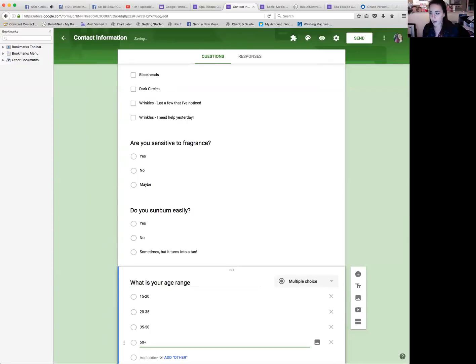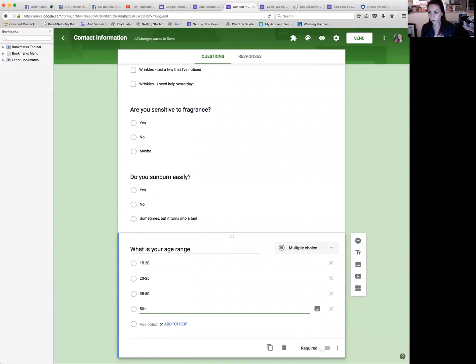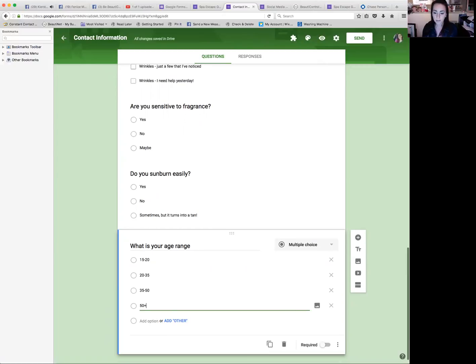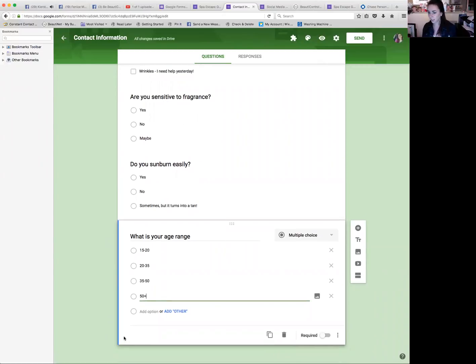So that gives me an idea of, and I don't categorize people's skincare into the age groups, so I'm not doing it exactly the way Beauty Control does it. You can do it however you want. I do it this way because I just kind of want to get a general idea and feel of what their age is. So I don't do 40s and up. I just ask them these questions because I feel like 50s and up are more the people that are interested in Regeneration Smooth. So I don't want to know 40s and up. I don't want to know 50s and up. So this gives me a really good idea of what their age might be. And I can always go back to their birthday and double check, right? Because I got the year of their birth date to just make sure.